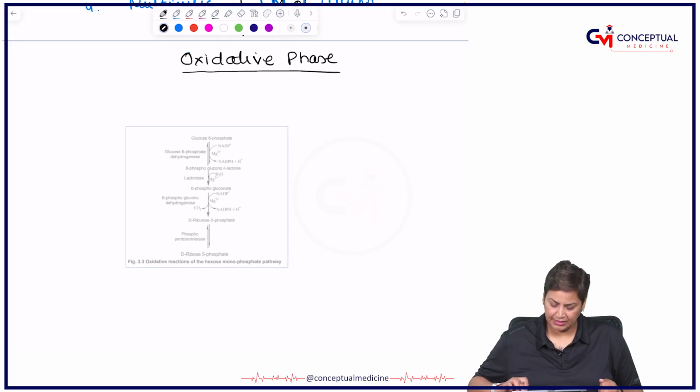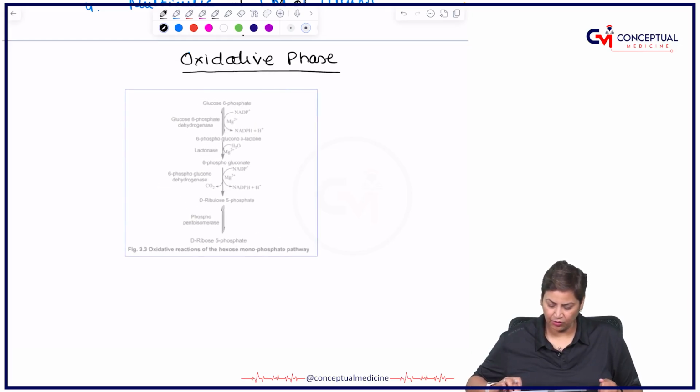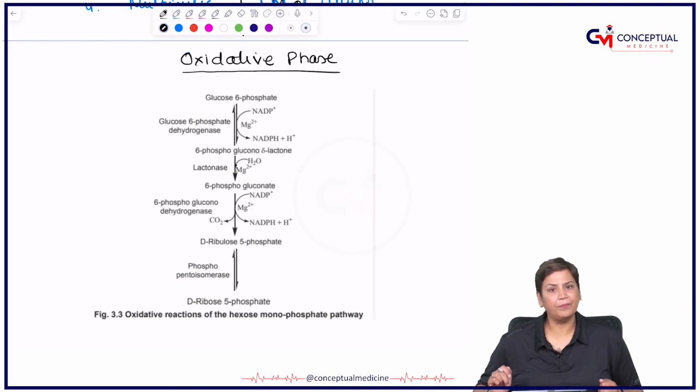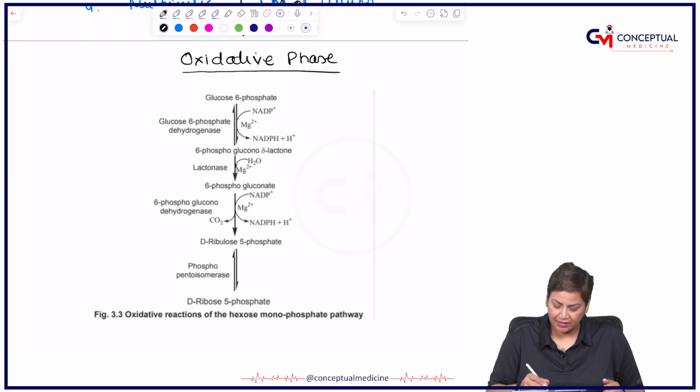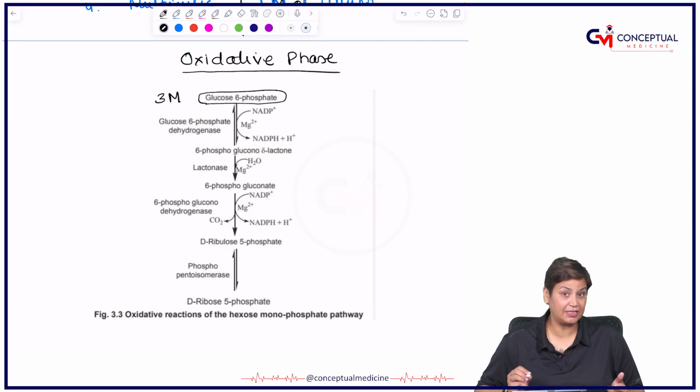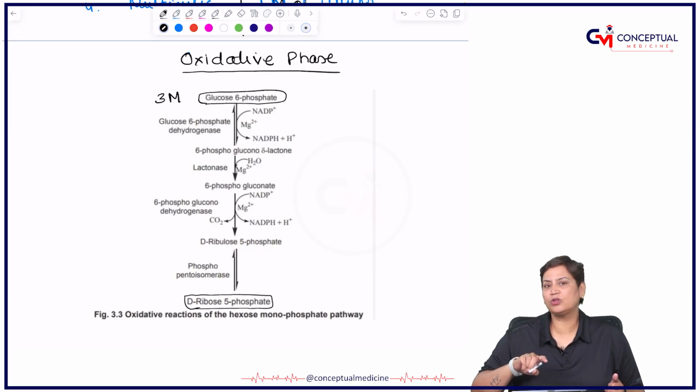Now see, this is the oxidative phase of HMP shunt. You can simply say that this is glucose 6-phosphate. I'll just write 3 molecules of glucose 6-phosphate. It starts because it's a multi-cyclic process. And if you see what it is forming, ribose 5-phosphate. So if I say 3 molecules of glucose 6-phosphate are there, so I can say 3 molecules of ribose 5-phosphate